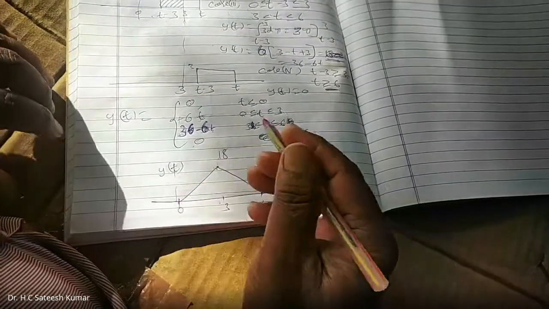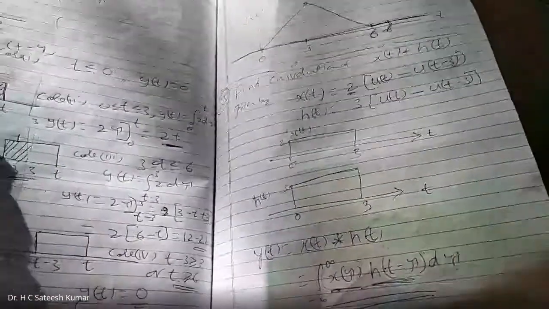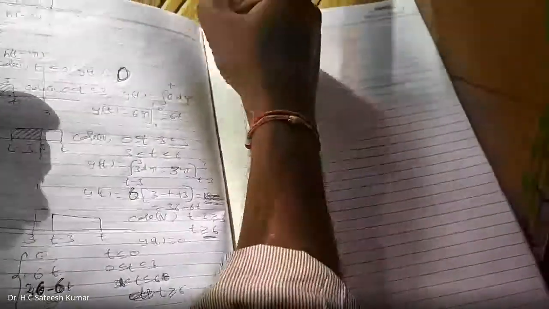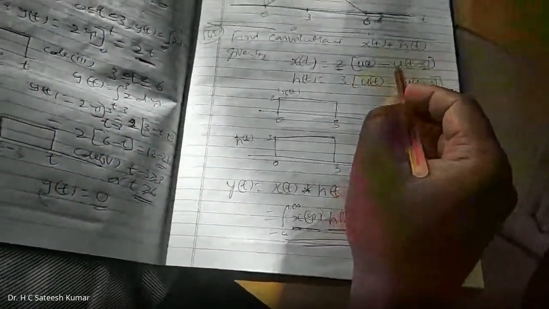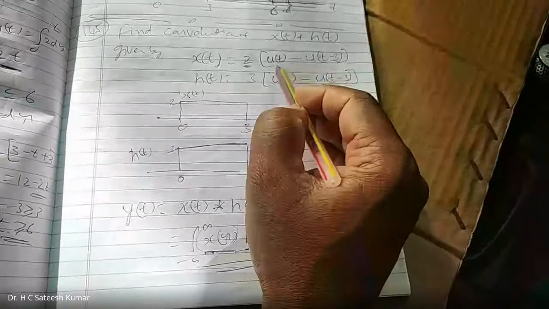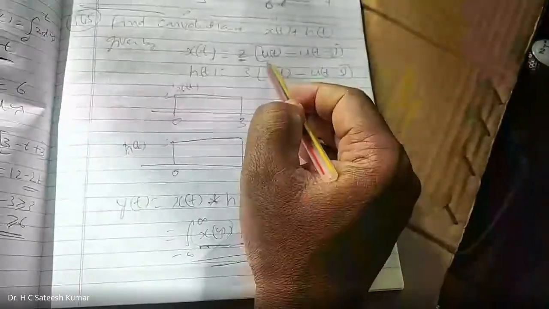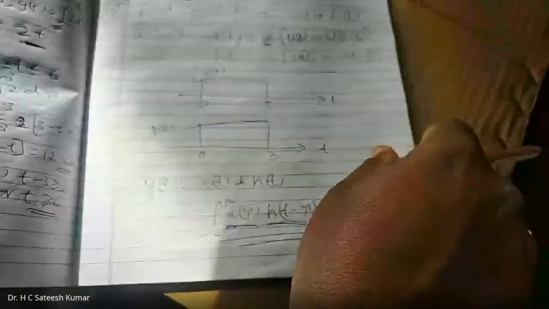If you do this much, you will get 8 marks for this. Now let's go for one more problem, problem number 146. See, there are different ways of asking the question. Earlier they used to give a sketch; yesterday's problem I did only with sketches. Now they are giving the signal in terms of step function. When the step function is given, you should be able to sketch it.